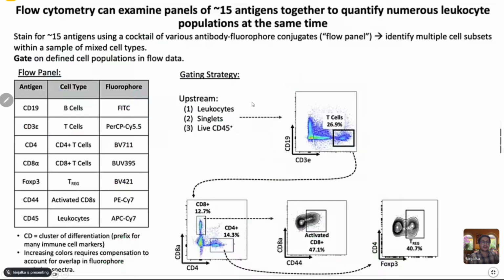Flow cytometry here is an example where you have to use different gating strategies to identify your cells of interest, and they are multiplexed for 15 different antigens. And over here they are first gated, I mean CD19 versus CD3. So CD19 is on B cells, CD3 is for T cells. So CD19 is on the y-axis, the x-axis is for CD3 or T cells. So they have identified this cluster as being actual T cells because there is no CD19 present here. So once they analyze this further with two different